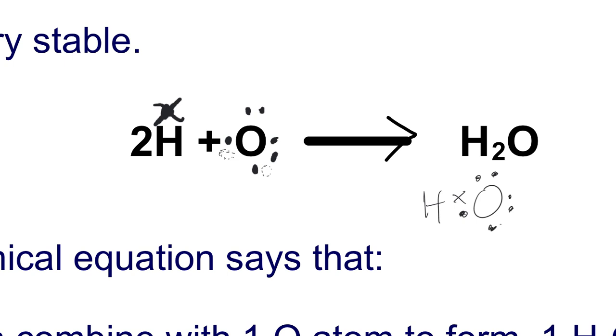And then another hydrogen will come around and share electrons with that oxygen. I can put these little Venn diagram things in to show you who's sharing what. Okay, so that's the Lewis dot diagram, but here's the